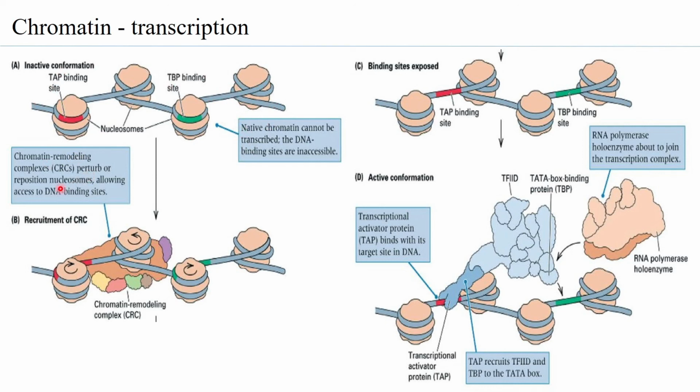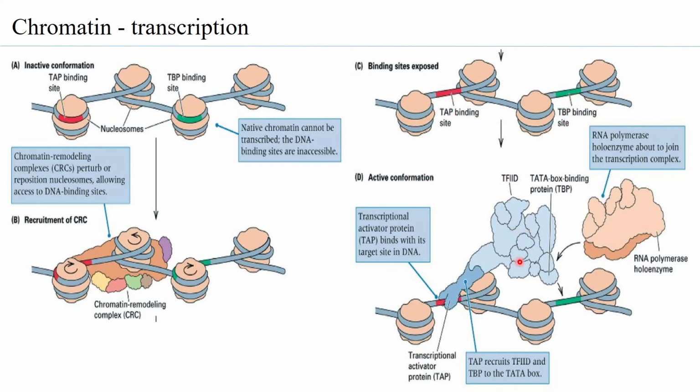When you have chromatin remodeling complexes coming and binding, you can have a sliding of the nucleosome happening to make the promoter region as well as the TATA box binding region accessible. So you can see how the sliding is responsible for changing the regions of the DNA that are wound around the nucleosome core, and ensuring that you have the TBP binding site now as a linker, and so it is accessible.